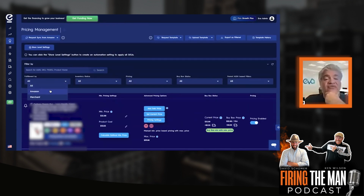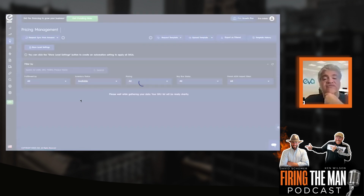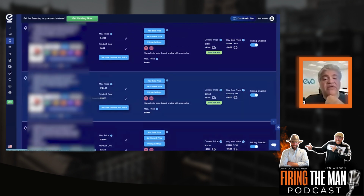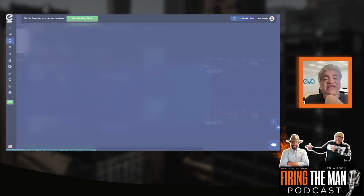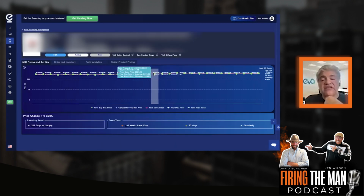So what I can do from Eva is also search for an available item. And I'm just checking some different examples here. For example, at this moment, what you're seeing is on the 14th of February, the sales price was 119.88, and based on the sessions and the number of sales, Eva is increasing the price because the demand is